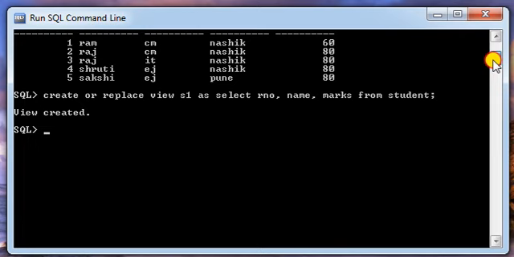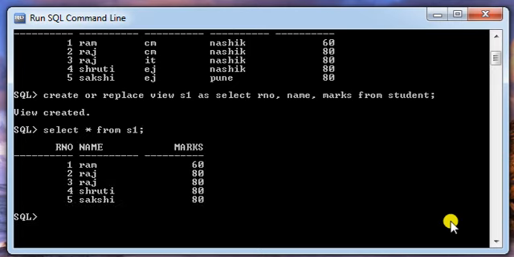So let us show the contents of the view. To show the contents of the view, here I am using the command select star from view name. So my view name is S1. As we have said, view is nothing but a virtual table or logical table created from the base table.